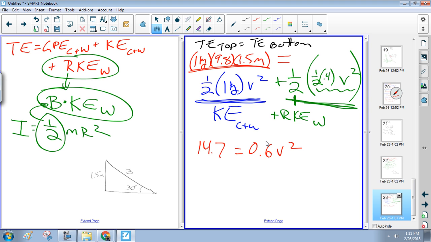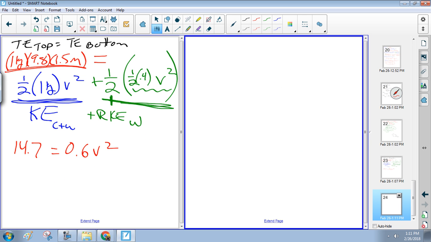Okay. Now, if you want to do it the other way, let's see what that would look like. So total energy at the top equals total energy at the bottom. My total energy at the top is still going to be the same. Or the total energy at the bottom, which is,